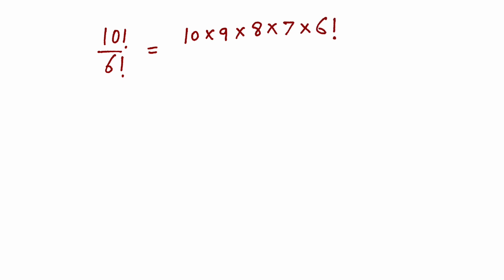So usually what happens, any number if given in this way, like 10 factorial by 6 factorial, we try to cancel the factorial part. That is the normal method. So for that, what do we do? We write 10 into 9 into 8 into 7, and after that we put 6 factorial because we see that in the denominator 6 factorial is there, so we try to match that. So in the denominator we have 6 factorial and we simply cancel it, and then we multiply 10 into 9 into 8 into 7, which is